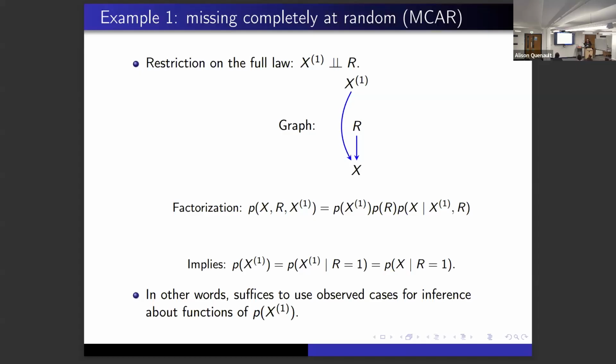This is just a regular variable that I happen to not always see. And standard rules of independence apply. And once I condition on R equals 1, X1 and X become the same by consistency. So X is defined to be X1 if R is 1. So I can replace X1 by X. And once I do that, what I have on the right-hand side is just observed data. In other words, all that the right-hand side is really saying is if I'm interested in the behavior of X1, it suffices to look at the behavior of the observed cases. Because if I condition on R equals 1, that's just observed cases.